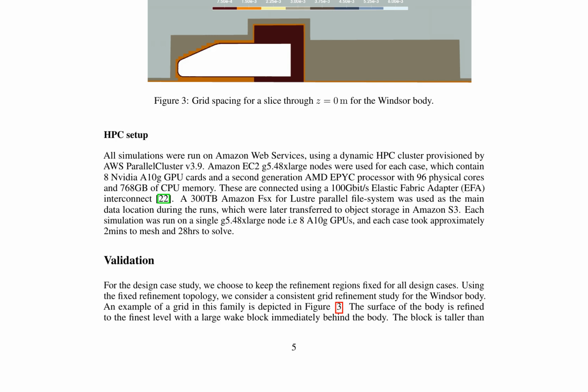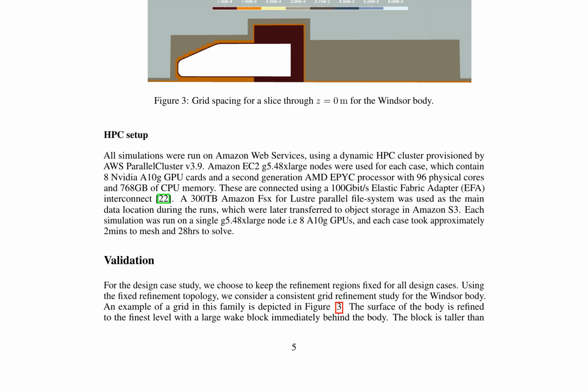A 300 terabyte Amazon FSx for Lustre parallel file system served as the primary data location during the runs, with data later transferred to object storage in Amazon S3. Each simulation took approximately 2 minutes to mesh and 28 hours to solve, leveraging the computational power of the 8 A10G